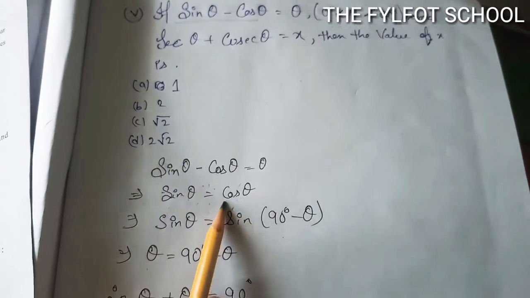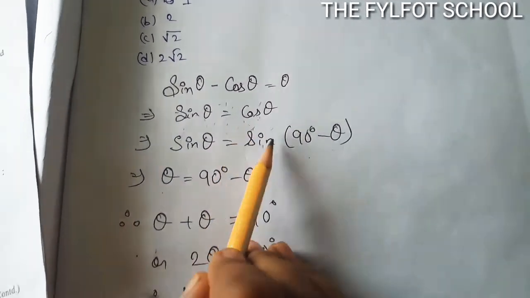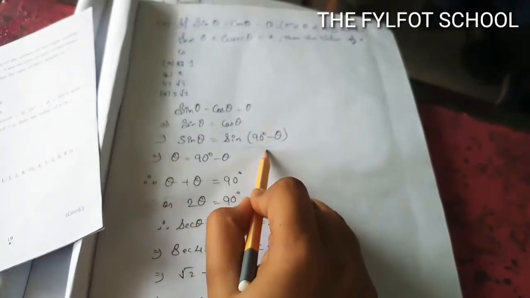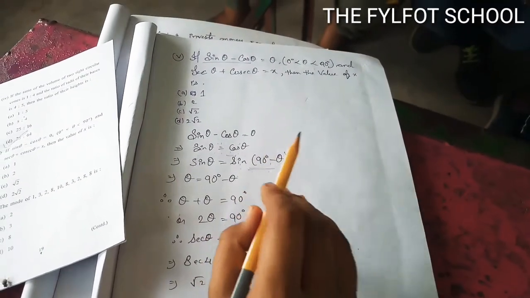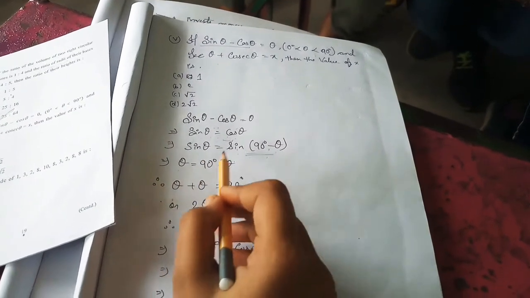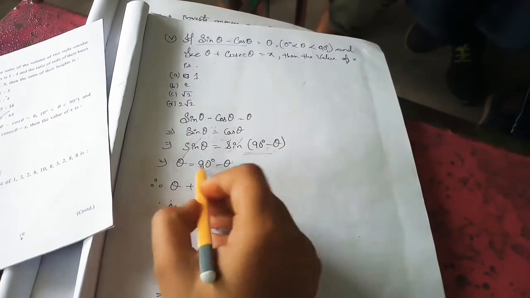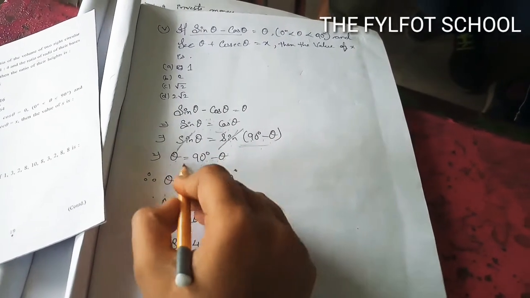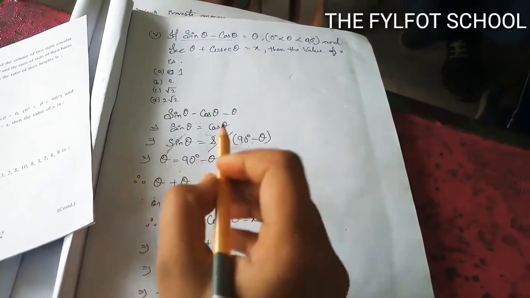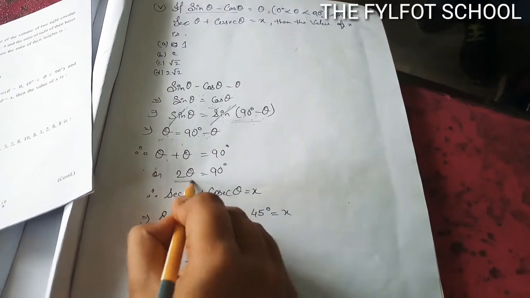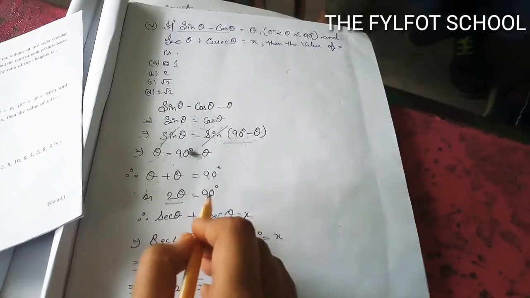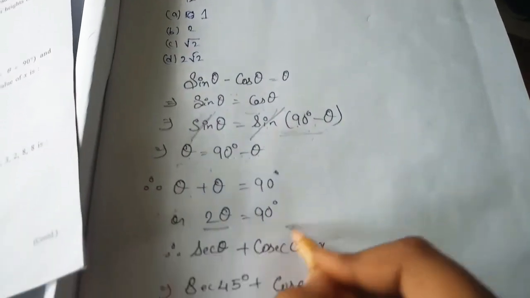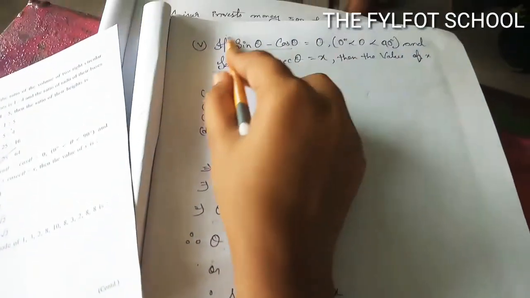What happens to sine? Sine becomes cos, like tan and cot, so we take 90 degrees. Because of this we put 90 degrees minus theta. Sine cuts, so theta comes here with 90 degrees minus theta, and whatever remains we put here. Both thetas come together, so it becomes 2 theta and 90 as usual. Here the first sum ends.